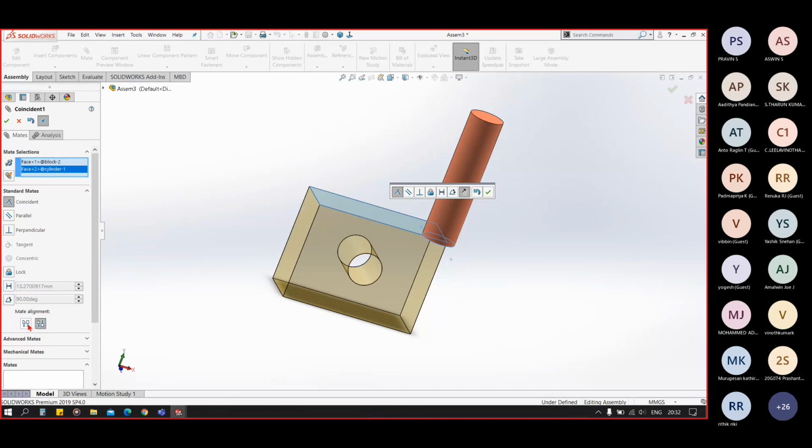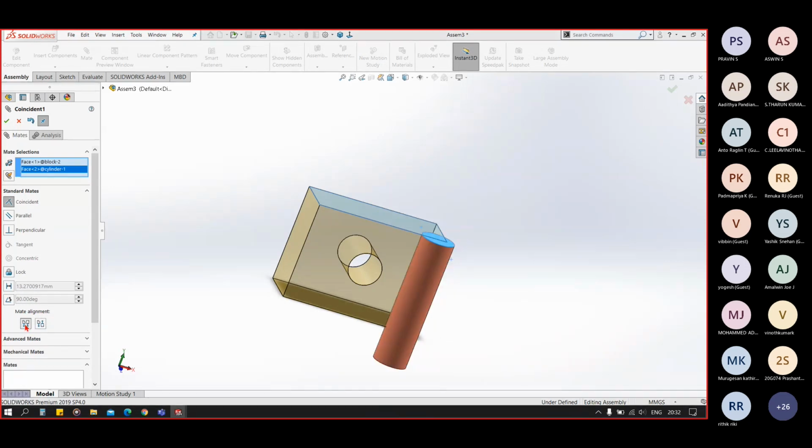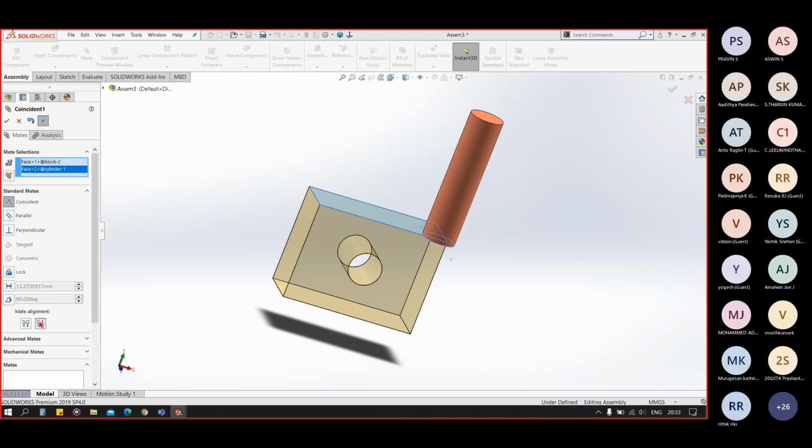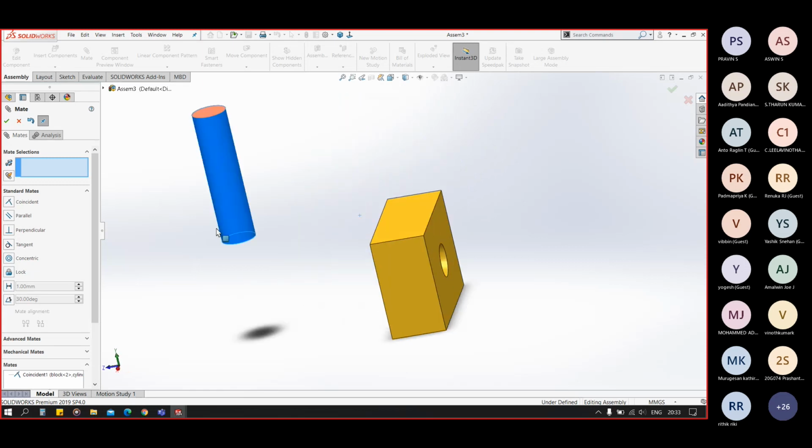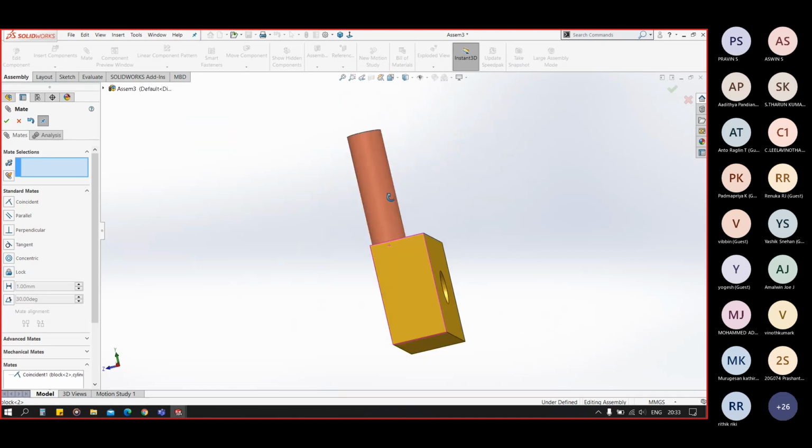Now we have this option here to change its alignment. So in that case, suppose we click on the first type, you can see those are coincident, but on this bottom side. And when you click on this side, you can see these are in opposite direction. Both bodies are in opposite direction. So it depends on our design situation what type of alignment we keep. So now we have this face coincident, so it will only move in this direction, not in the upward direction.